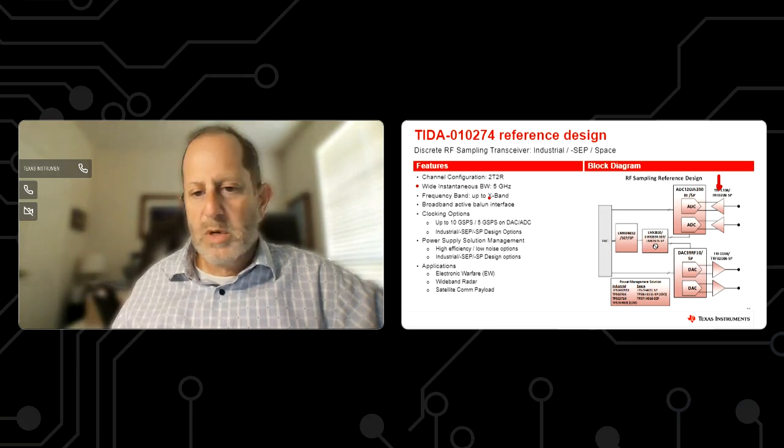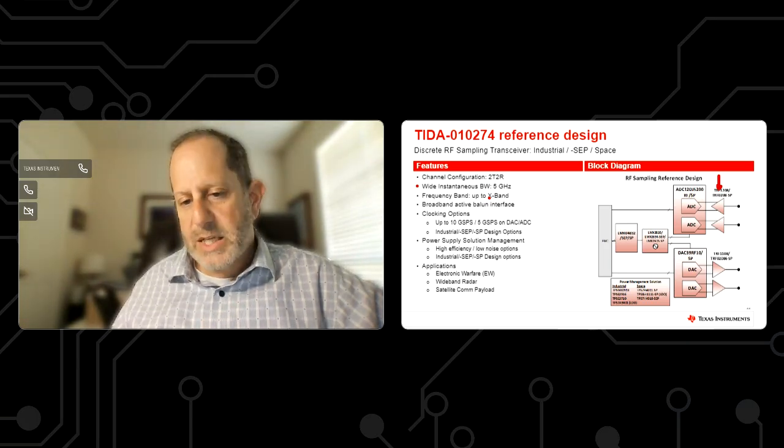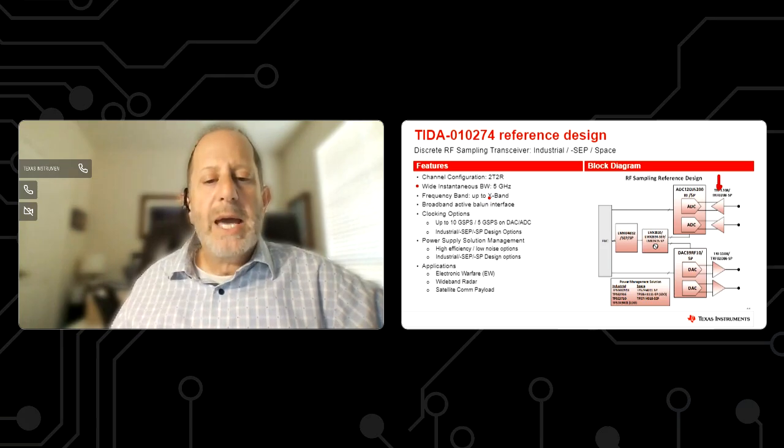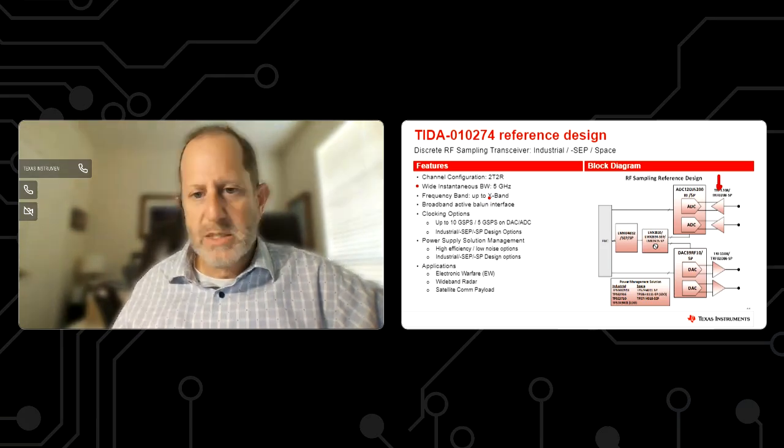We're clocking the DAC at 10 gigahertz. We're clocking the ADC at 5 gigahertz. Correspondingly, both devices are actually sampling at 10 gigasamples per second. So the ADC device, for example, is using a dual edge sampling approach in order to effectively double the sample rate to double what the clock rate is.